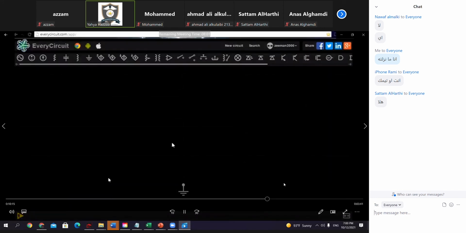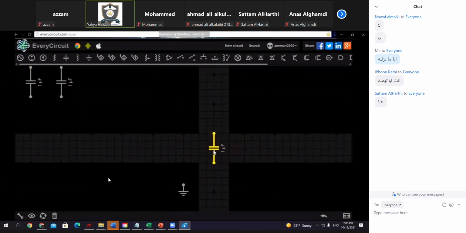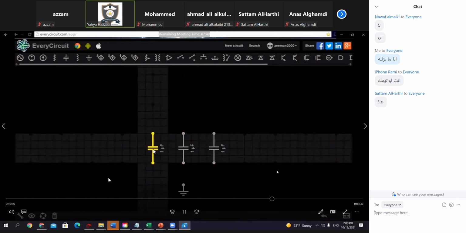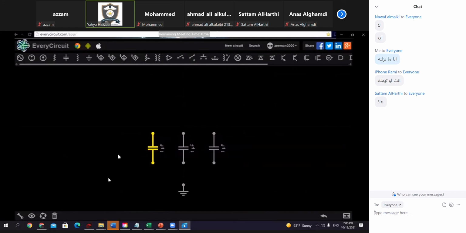So now we'll create the parallel circuit. We'll add the 3 capacitors and we'll set them in parallel to each other. We will set capacitor 1 to 3 farads,